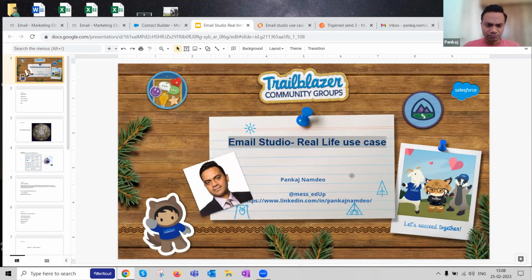Today's topic is about real-life use cases. After today's session, what you will be able to take out is a couple of things. First, what the enterprise landscape looks like. Since we live in a Salesforce ecosystem world, we think that Salesforce is the end and start of everything, which is not the case. So we look at it from a big picture perspective: how the enterprise landscape looks, and what the various systems involved are. The second thing is a specific use case that we'll look at.